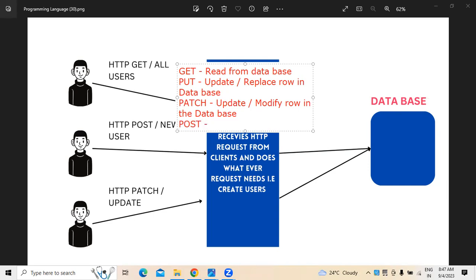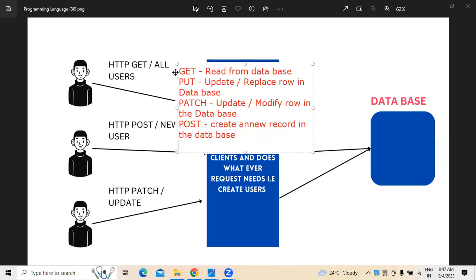At the same time, POST is the one which will be used to create a new record in the database. Last but not least, DELETE is the one which will be used to delete from the database. So these are the different